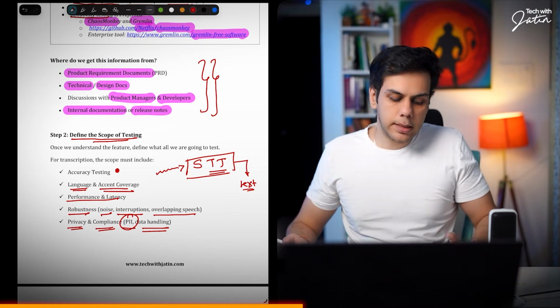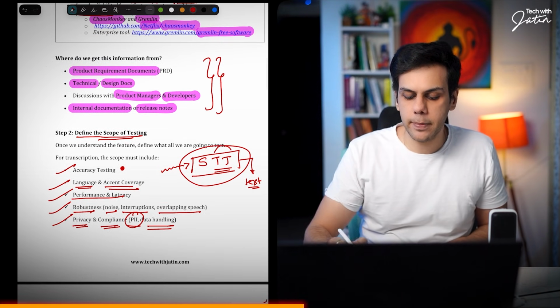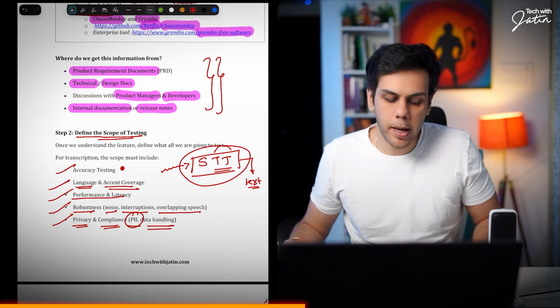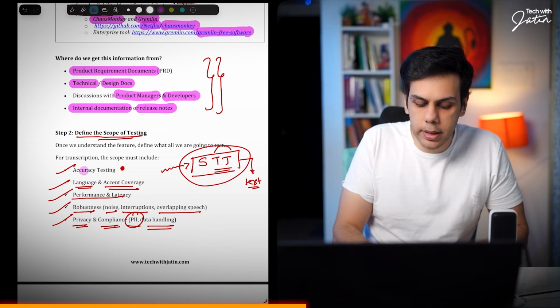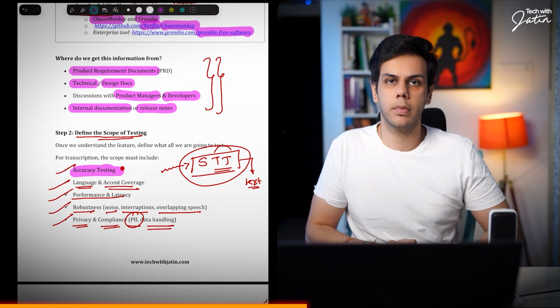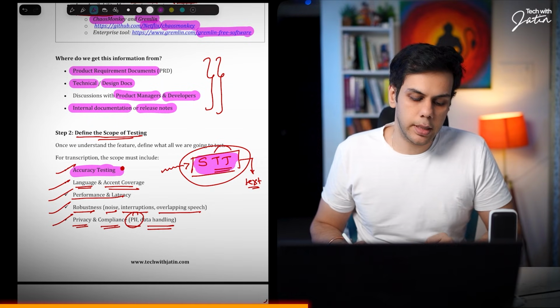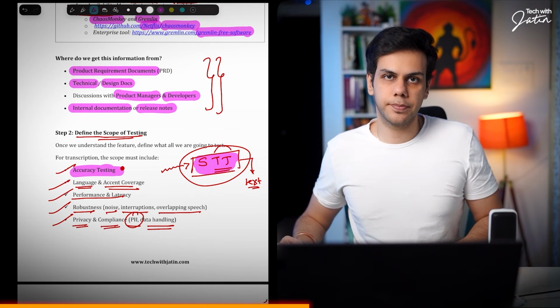So these are the things that we need to check in the STT, speech to text engine. Okay. Now this particular document is only going to focus on accuracy testing. How to ensure that the STT engine is generating accurate text from the speech.